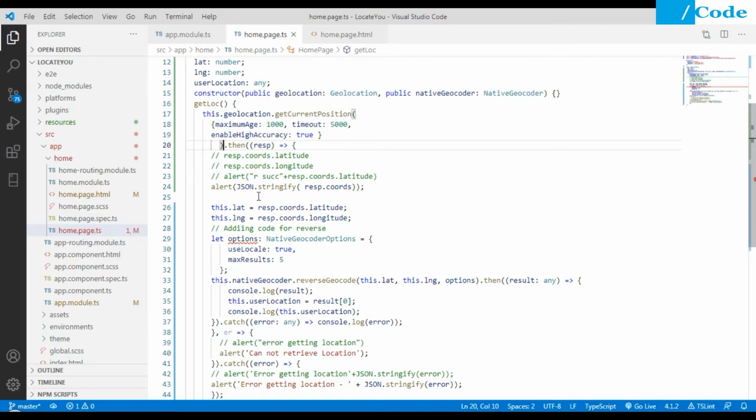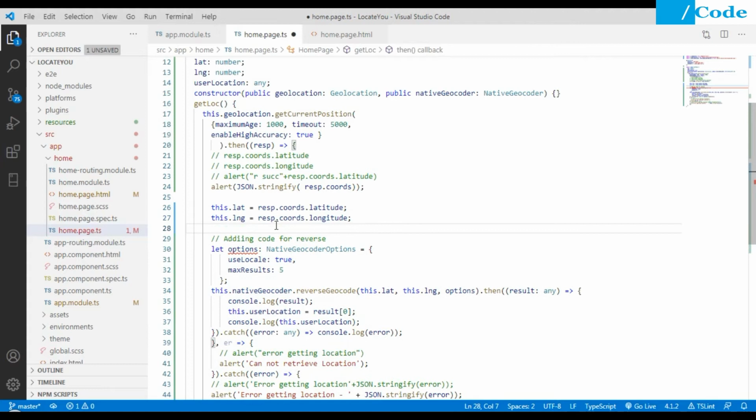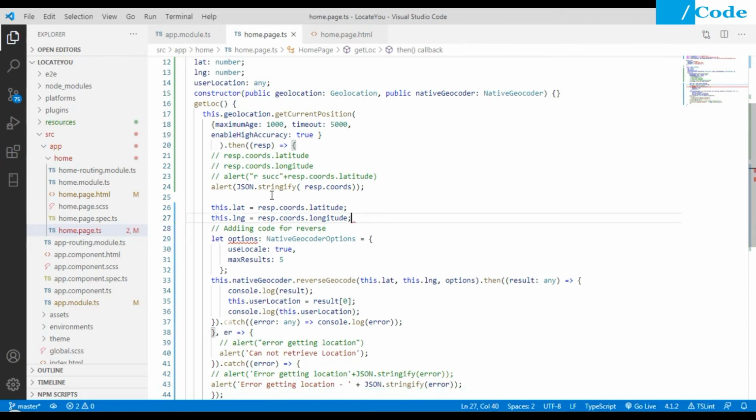So from the response, we are going to put those values inside this.latitude and this.longitude in our application. Latitude and longitude are number variables, so I will have that data inside these variables. Once we have that data, we got our latitude and longitude here. If you run the application from here, you will get latitude and longitude inside this. You can directly print it in the console and check that data.